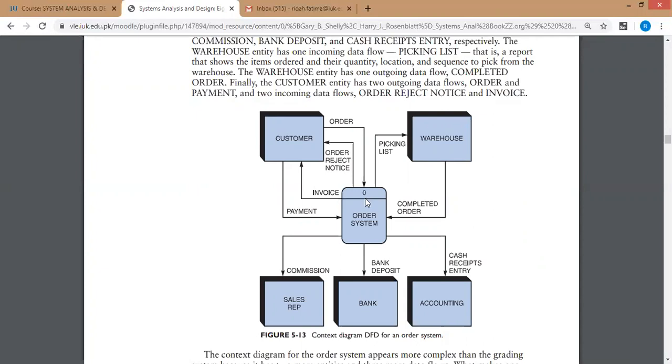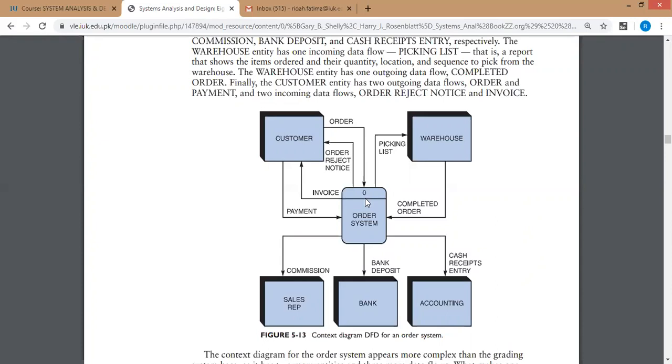If we are building a couple of functionalities in a process, those functionalities would be numbered 1, 2, 3, 4, 5, 6. This is the particular reason we take 0 over here, because for us 0 represents the entire process. We are talking about the order system, so the entire order system is process 0. This will have multiple processes in it. We will further number those processes as 1, 2, 3, and even 1, 2, 3 can have their sub processes, for example 1.1, 1.2, 1.3, and so on.